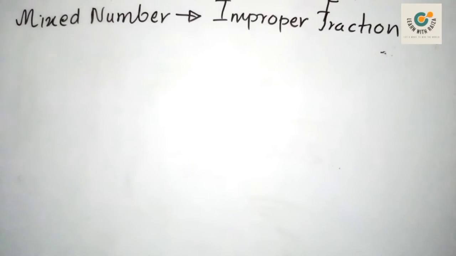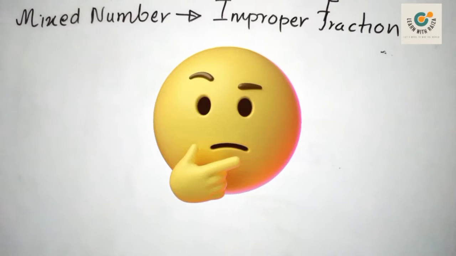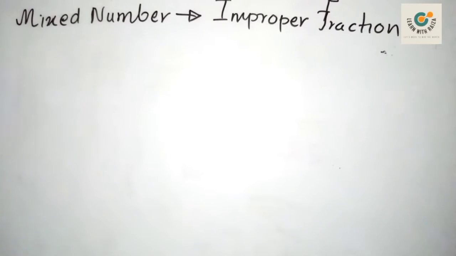Right, the next part of your lesson is how to convert a given mixed fraction, or some say mixed number, into an improper fraction. In your book they have given mixed number to improper fraction. Whatever it is, we are going to convert a fraction which has a whole number to a fraction whose numerator is greater than the denominator. In the previous slides I taught you, improper fraction means numerator is greater than the denominator. Mixed number means a proper fraction which comes with a whole number.